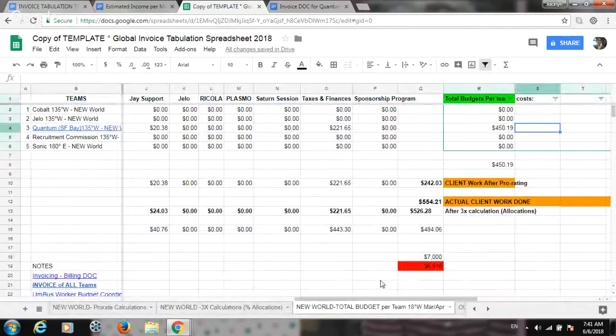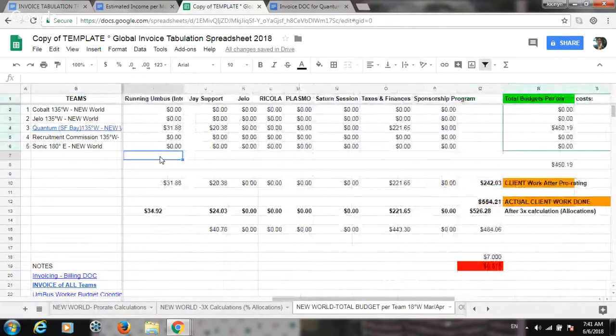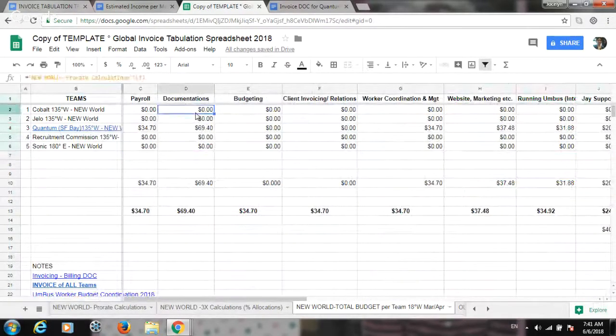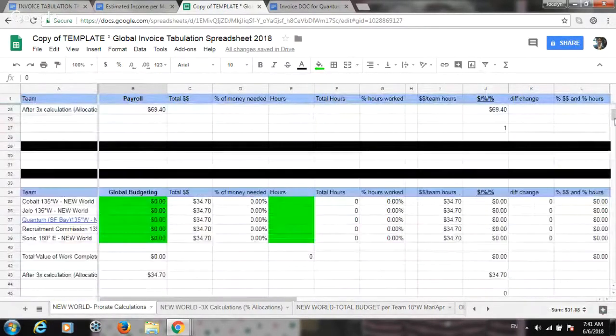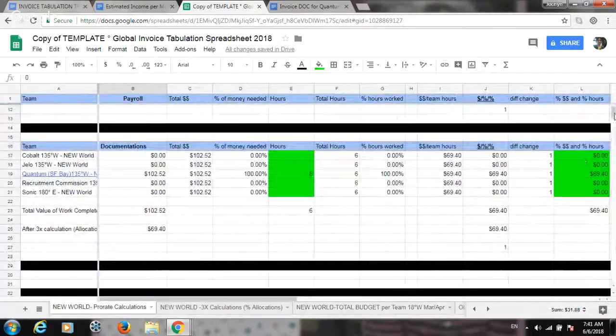Using our example, documentation, the amounts in this column should be followed, right? So here in the sheet,